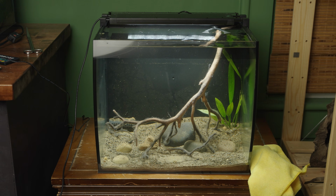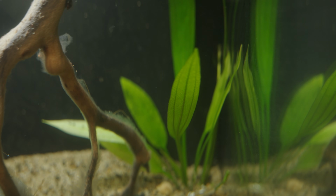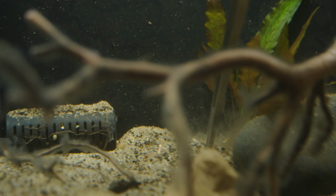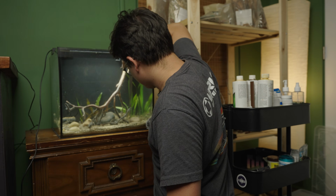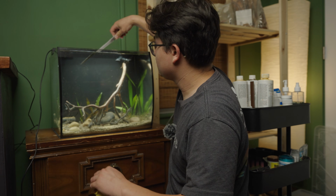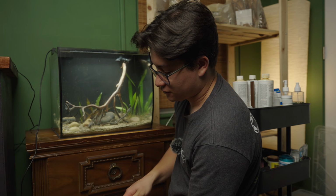And there we have it. We already have some greenery in here. This is looking a lot better already. Let's go ahead and keep planting the others. And all of these plants in here actually propagate relatively quick. So I'm not really